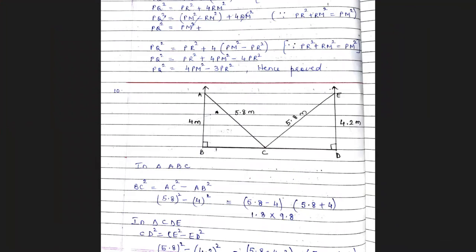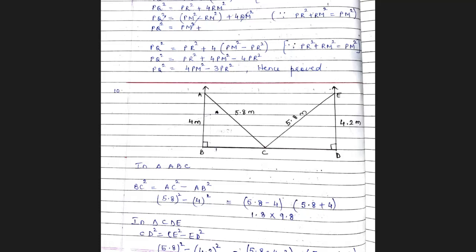When I shift the ladder to the other side of the building, so see, CE is 5.8 now and ED is 4.2 meters. So the window is at point E, which is at a distance of 4.2 meters from the ground. All right, children, I hope the figure is clear to you. If not, read the question again and see the figure, it will be clear. Now, if you look at both these figures, both these are right angle triangles. You're going to use Pythagoras theorem and find out BC and CD. Add it up, you get the width of the street.